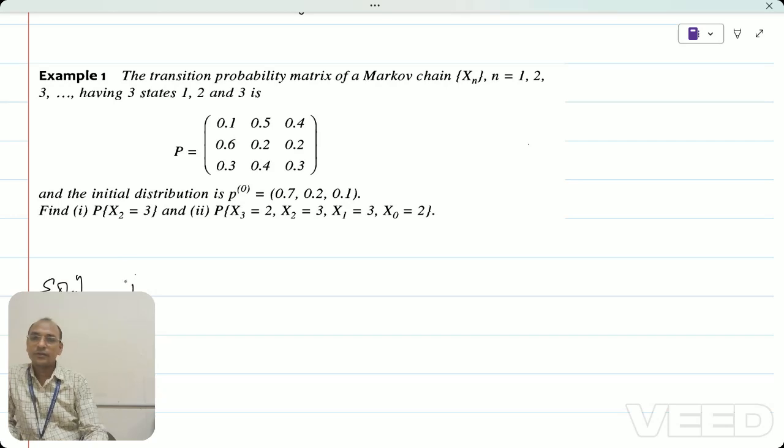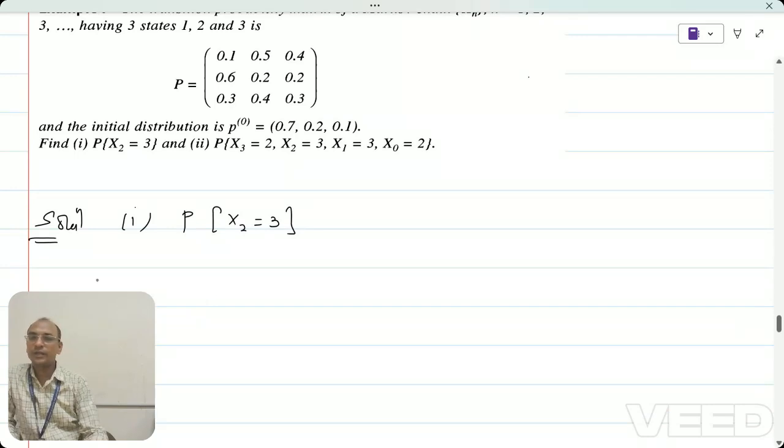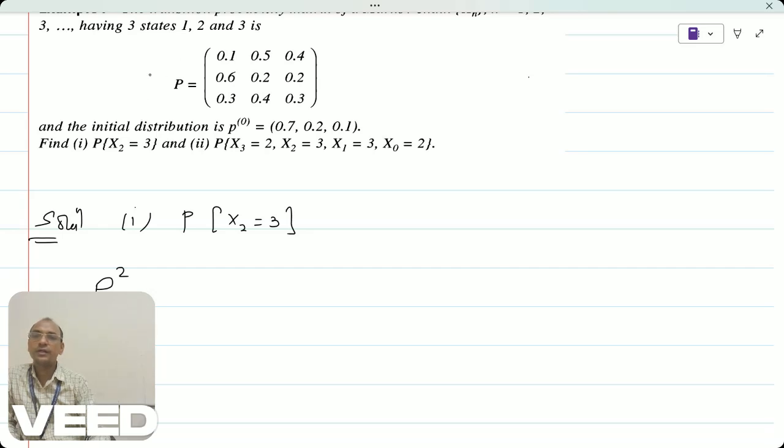First of all, we can find the probability X2 equal to 3. Here you understand that X2 means it is step 2. So in order to find the probability X2 equal to 3, we will find P2, we will find P square. P is already given, so we will find P2. P2 is nothing but P into P. If we find the product of P two times, we will get here